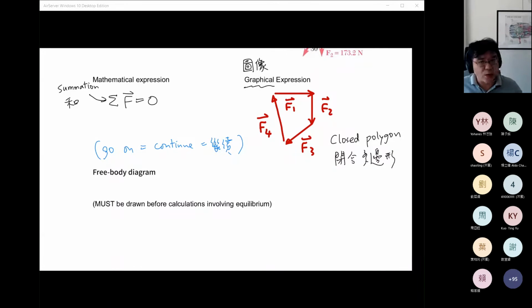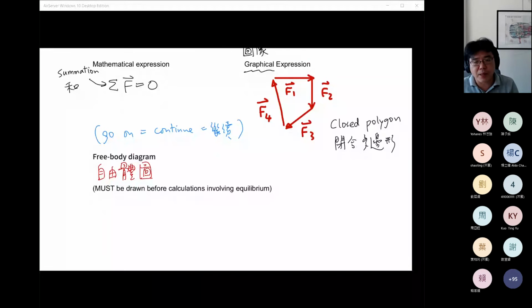Now we come to another thing that you have learned at high school, which is called the free body diagram. Free body diagram is this one. And I mentioned at the beginning that for some problems you must draw the diagram. Here it is. You must draw the free body diagram